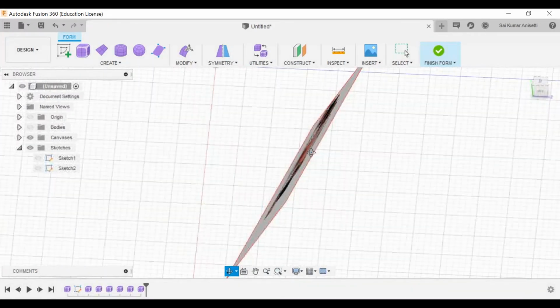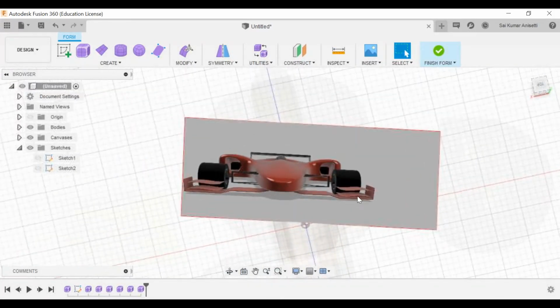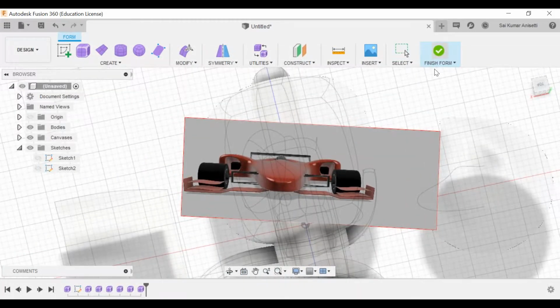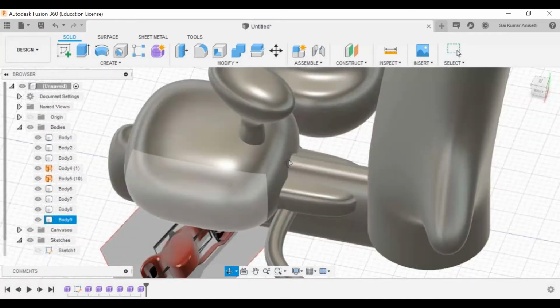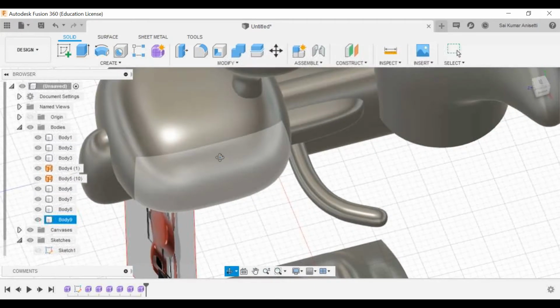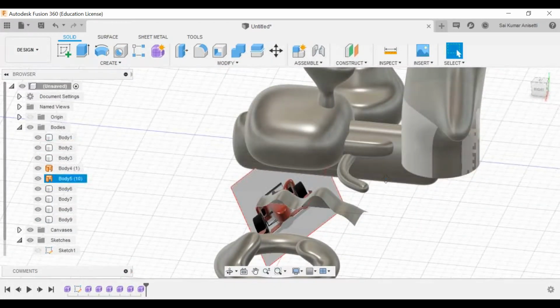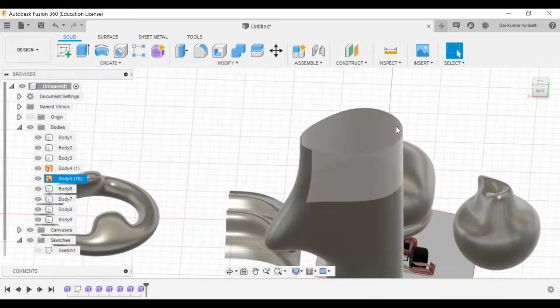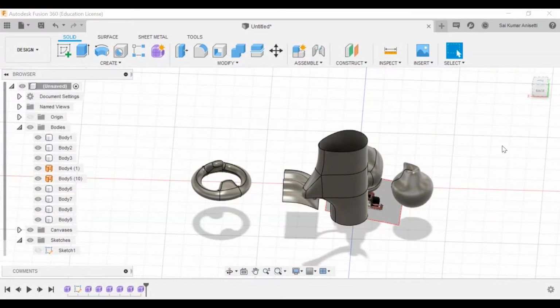Now, if I make sure all the bodies are visible, they are in the background actually. Finish form, and your image will be there in the background. You have your sculpt environment. That is how you create your workspace, and you decide it with your imagination. Clear?